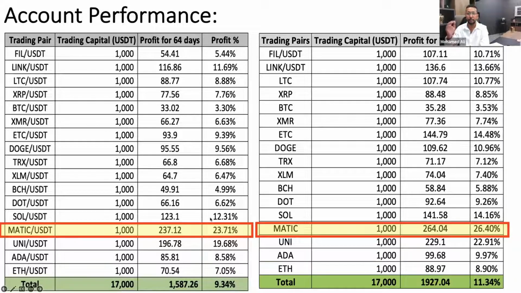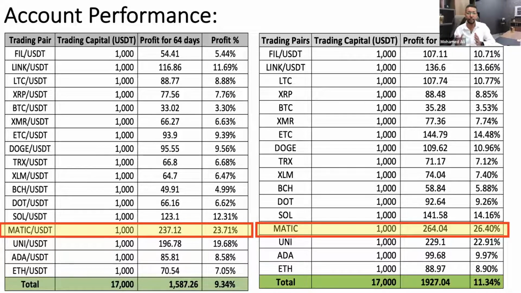If you see, there's a big variety between the coins. Some of them have increased just 1%, some of them have increased more than 5%. That's why it's always wise to diversify in terms of coins. Have your funds trading in as many coins as you can, because you don't know which coin is going to be performing the best in the next hour or the next 1 month or the next 1 year.